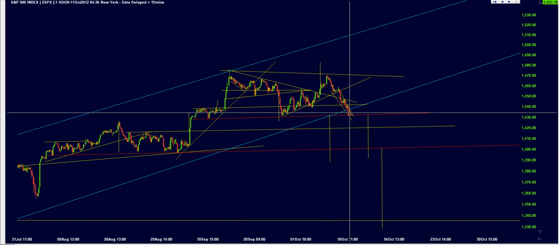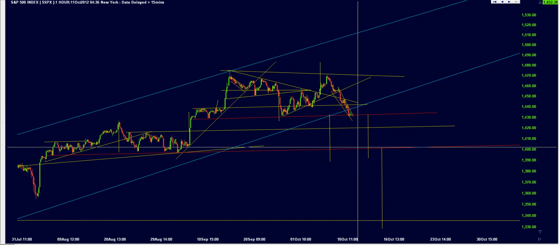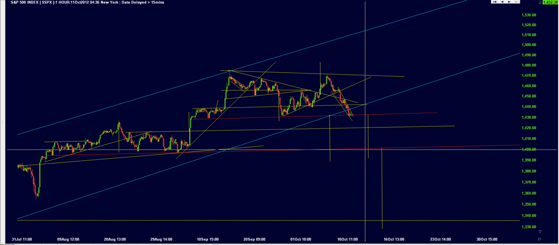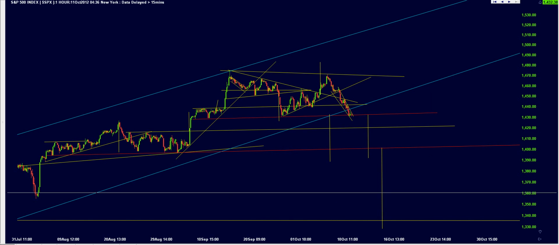But if not, and the markets just plummet in tonight's trade, I expect that we'll have that 1423, 1425 area hold as support. If that breaks, well then I'd say we'd have a good bounce around that 1400 area. So let's now take a look at the ASX 200 on the hourly chart and see what's going on there. And hopefully we can get a good clue as to what to expect out of the ASX 200 in the coming